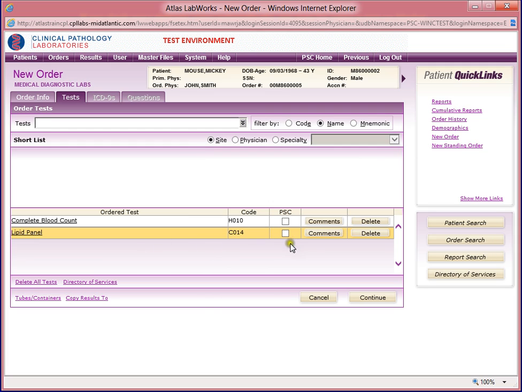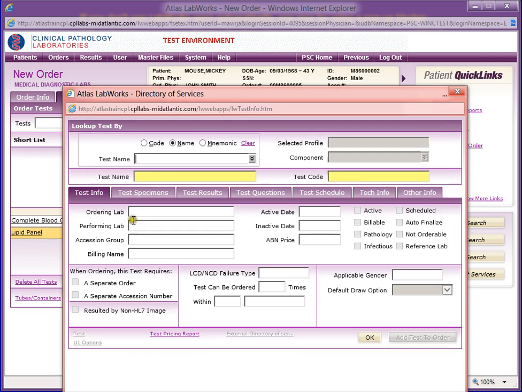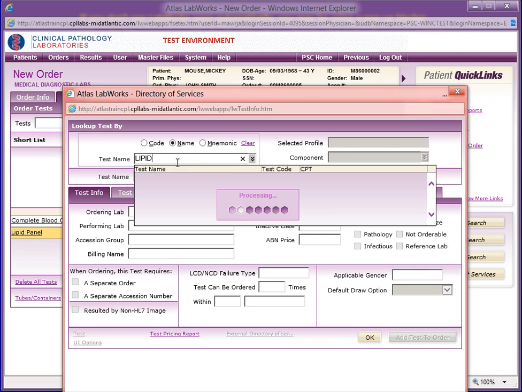Now, if a test was ordered accidentally, simply select the delete button and reorder the appropriate test up at the top. In addition, you can get complete directory of services information by selecting the directory of services link. As an example, again, my default here is name. I'll put in that lipid, select it, and you can see I have the test information,